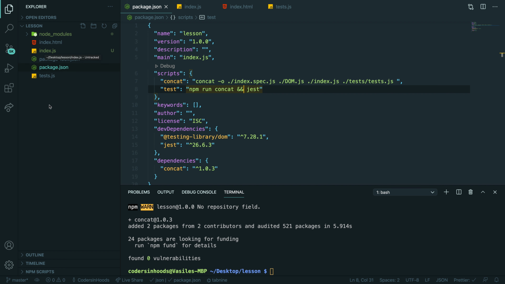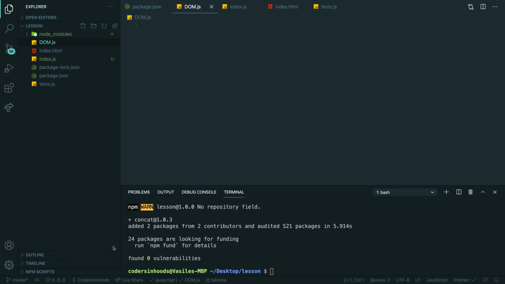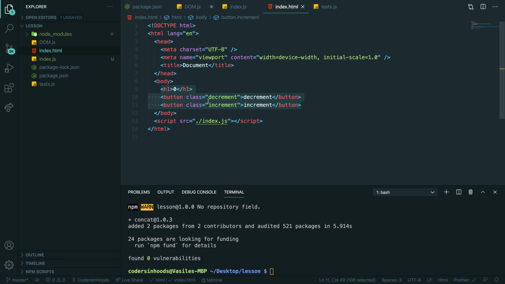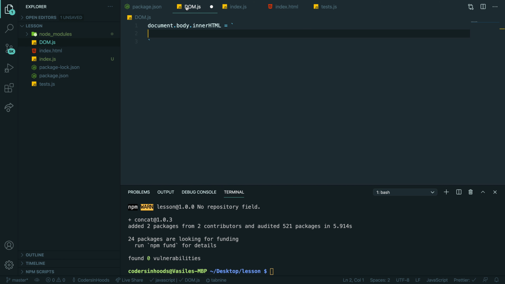And for DOM.js, let me just quickly check, because you basically do document.body.innerHTML equals whatever you have by default in index.html, which is this for us.